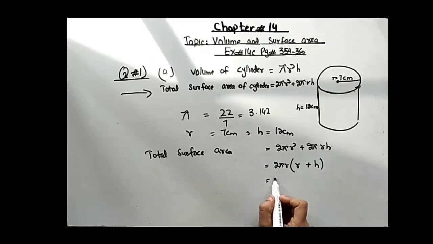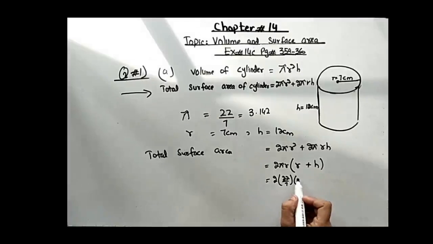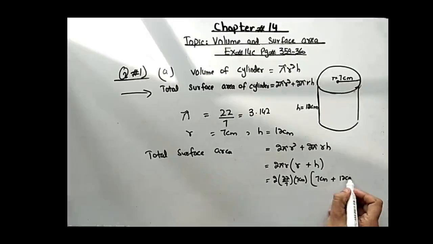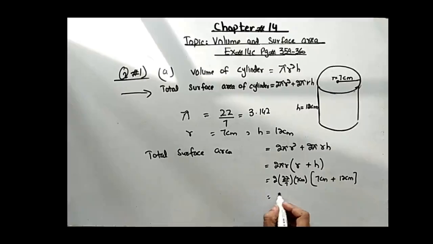Then put the value of pi, r and h. 2 pi is equal to 22 by 7, and then bracket, r is equal to 7 centimeter plus h is equal to 12 centimeter, then bracket close. 7 can be cancelled with the 7. Yes. So 22 multiply by 2 is 44 centimeter, into 7 plus 12, 19